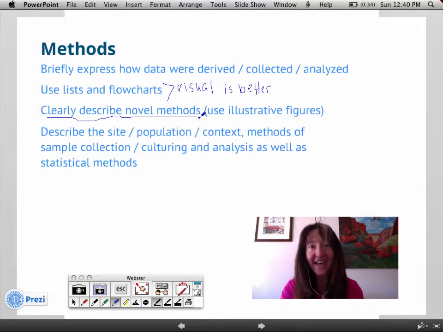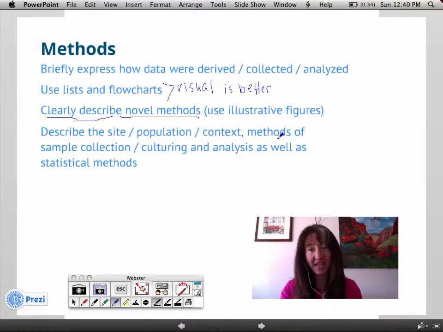experimental apparatus in the lab, we've got maybe some illustrations that we may want to make to show what we did there. And this is where a really good lab manual, and I know you guys have been rocking out the really good lab manual, comes into play: being able to go back to that and utilize it as your resource for creating those important figures that need to be included in the presentations and in the final write-ups, okay? We all need to describe the site, the population, the context.